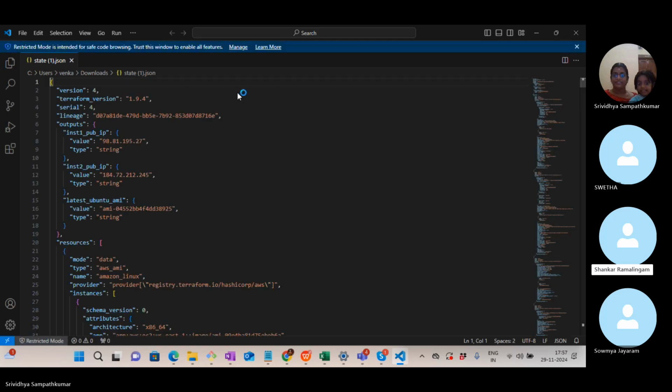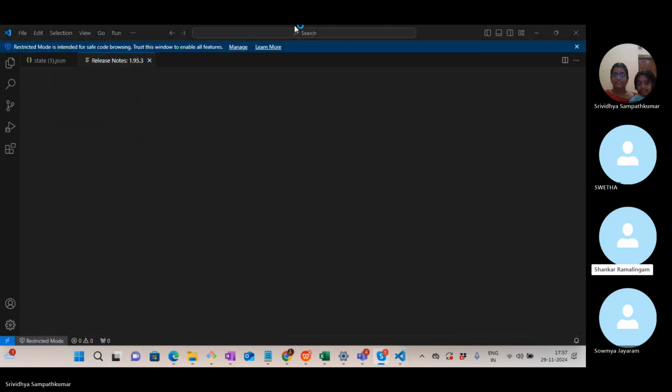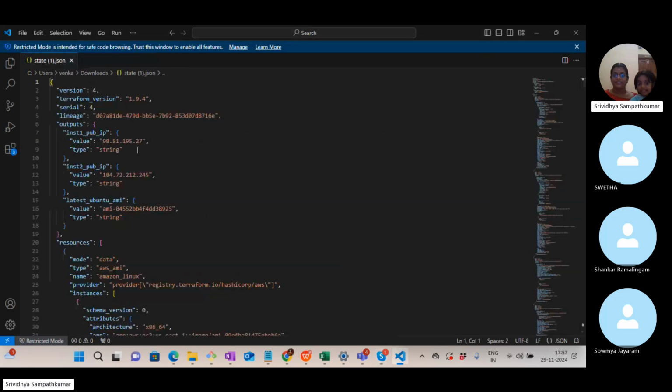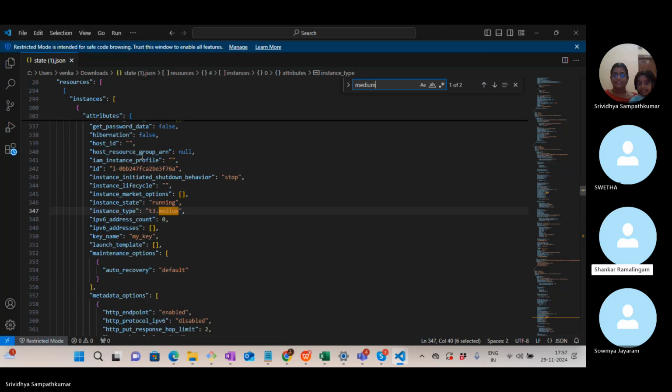I think you're downloading a PEM file. Okay, you're downloading the right file, is it? Is it changed? Is it t3.medium? Yeah. Basically, the state file stores the latest and greatest information about the resources